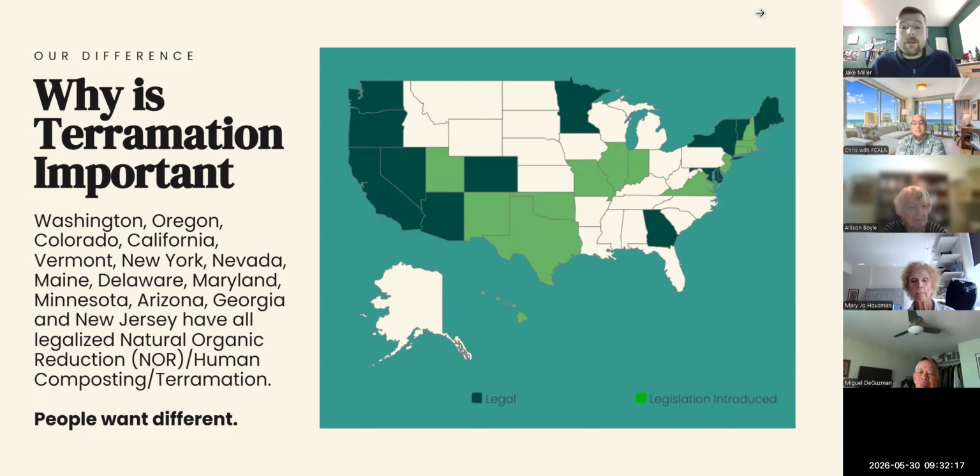And now, looking at the bigger picture of everything, as I mentioned, this is something that has now been legalized in 14 states, including California. So all the dark green states that you see on this map are the states that have legalized, and all of the lighter green states, I think we've actually got to add a couple on this list, are states that have introduced legislation. And all this started right here in our backyard of Washington State.